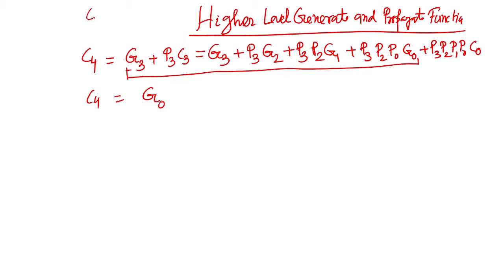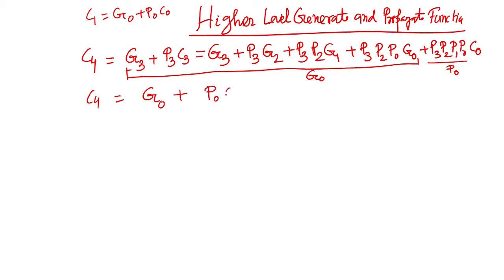C1 equal to G0 plus P0. In similar fashion we write C4 is nothing but G0 and this one we say P0. So, this is G0, this is P0. So, therefore, what we can write? This will be